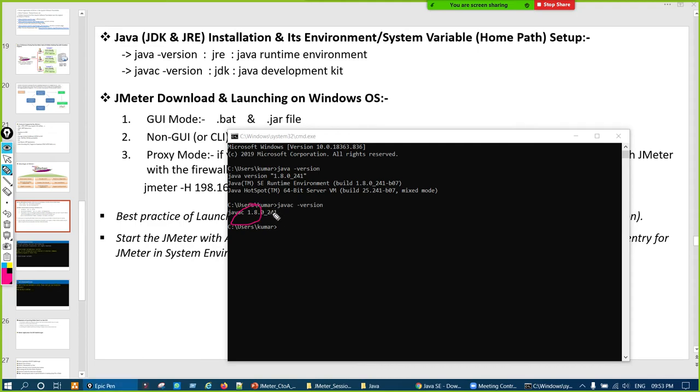But for you people, javac will throw an error even if you have installed Java. So what we have to do is set up the environment variable or home path setup; only then will javac be shown in the command prompt so you can verify. Otherwise, without the path setup, this will throw an error even though you have installed Java. So how to do that?